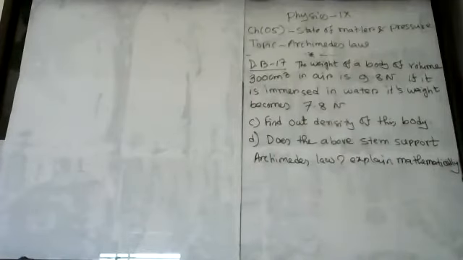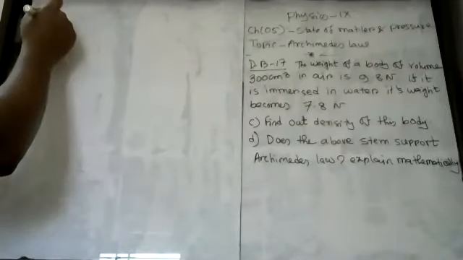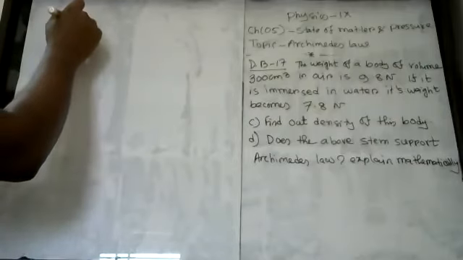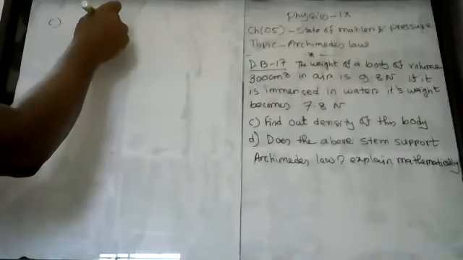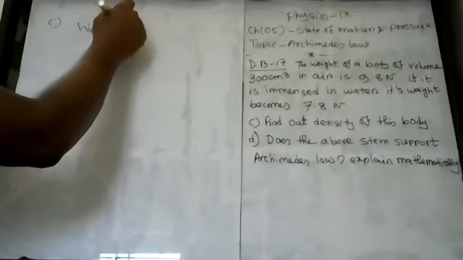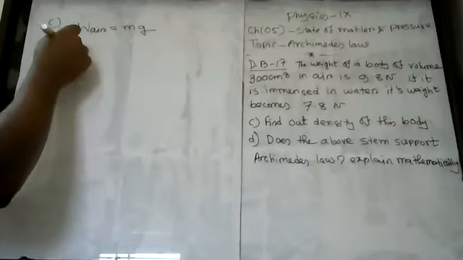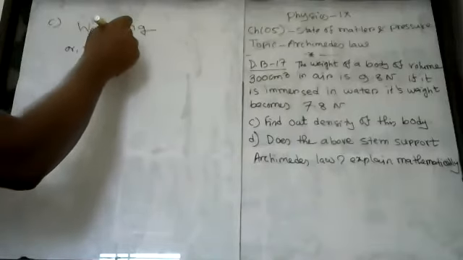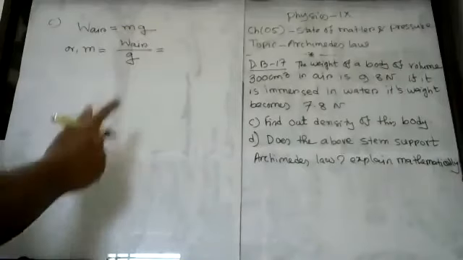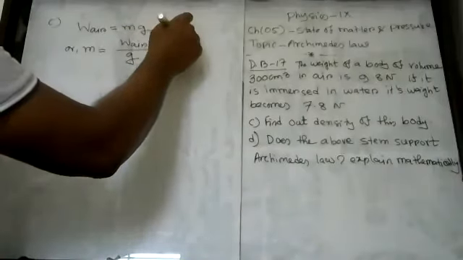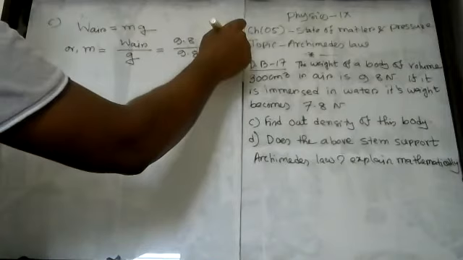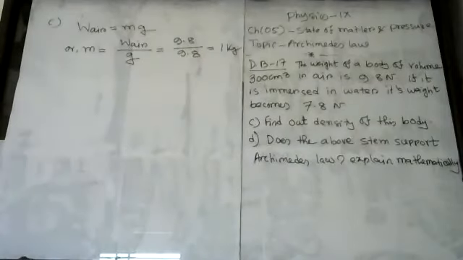So, my dear students, this is the pathway. You can follow this. Weight in air is mass m into g. So what is the mass of the body? It will equal weight in air divided by g, which is 9.8 divided by 9.8. So the mass of the body will be equal to 1 kg.